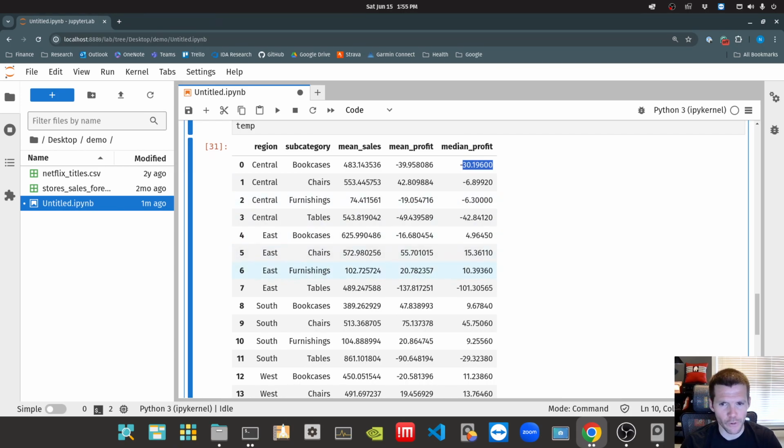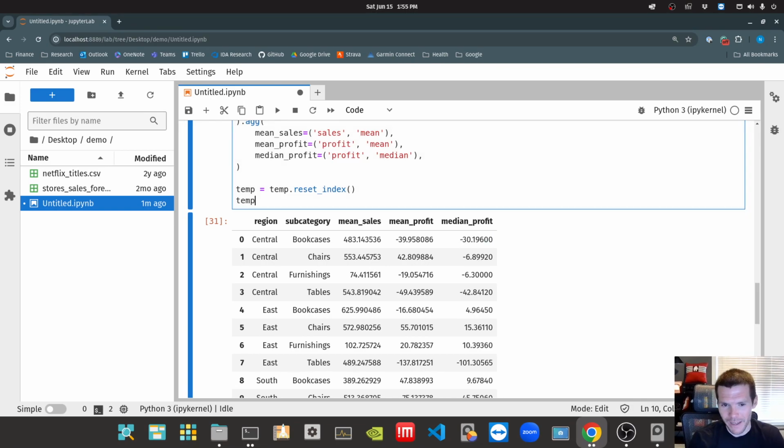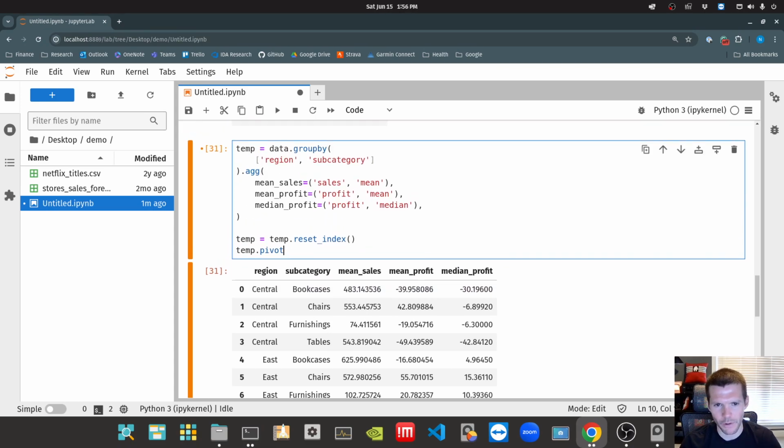And by easier format, I immediately think of people that are working with Excel or have worked with Excel before. The one thing that they love to do and show off their Excel skills is pivot tables. We can do that in Pandas as well. So if I've got this data frame here, and this is oftentimes part of one of these group by pipelines, we've grouped on region and subcategory, I reset the index, and now you can use